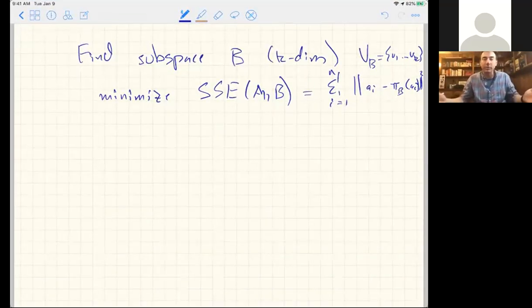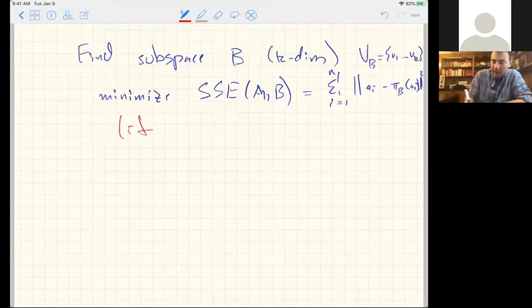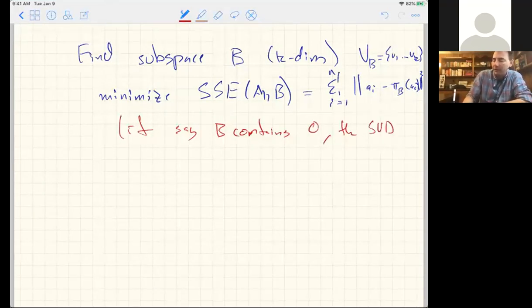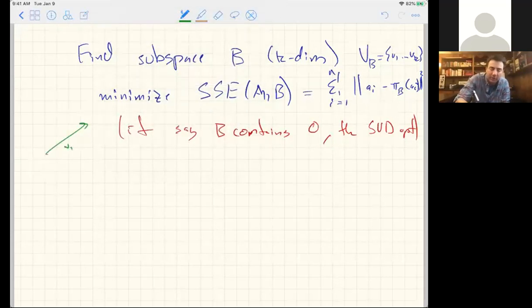So this was the other thing we wanted to do, and so now if we say B contains the origin, then the SVD is the optimal thing to do, right? So we have all these vectors V1 through Vk, but they're implicitly a vector from the origin, so it defines a subspace that contains the origin, right? So we have these vectors V1 and V2, but remember they were starting from this point on the origin, and